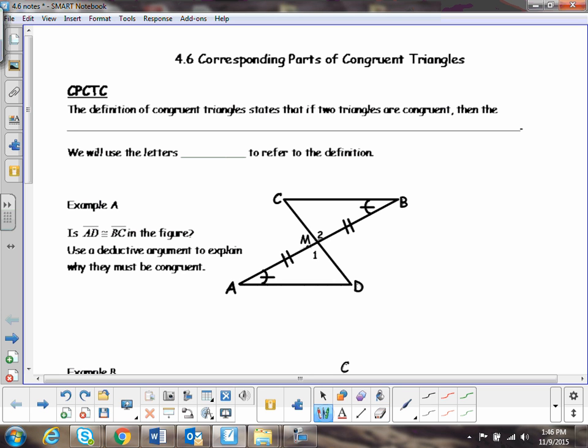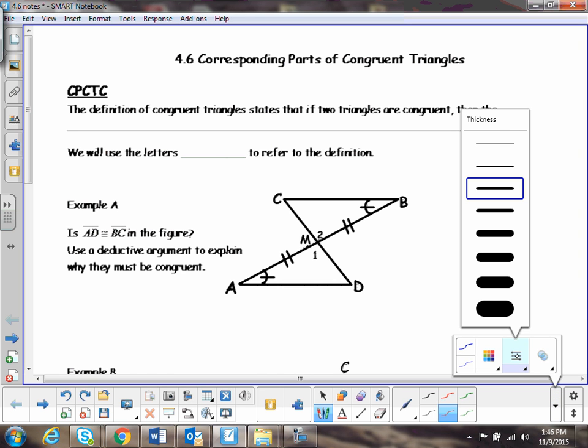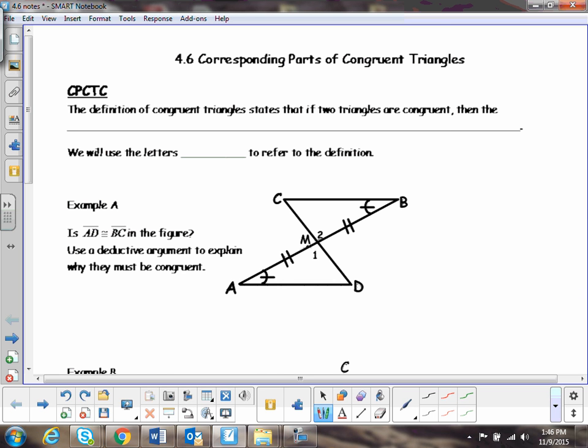The definition of congruent triangles states that if two triangles are congruent, then the corresponding parts of congruent triangles are congruent. Okay? So if the two triangles are congruent, then the corresponding parts of the congruent triangles are also